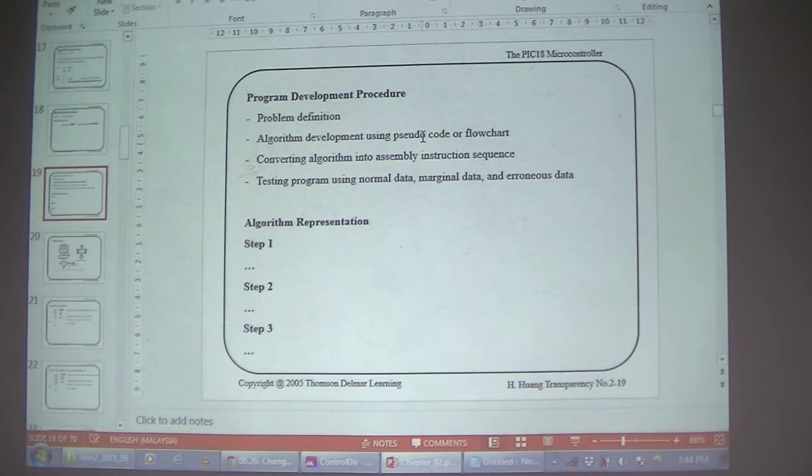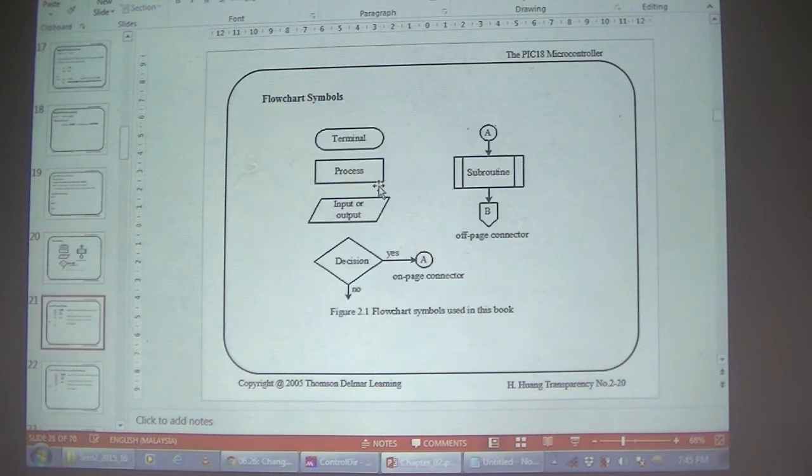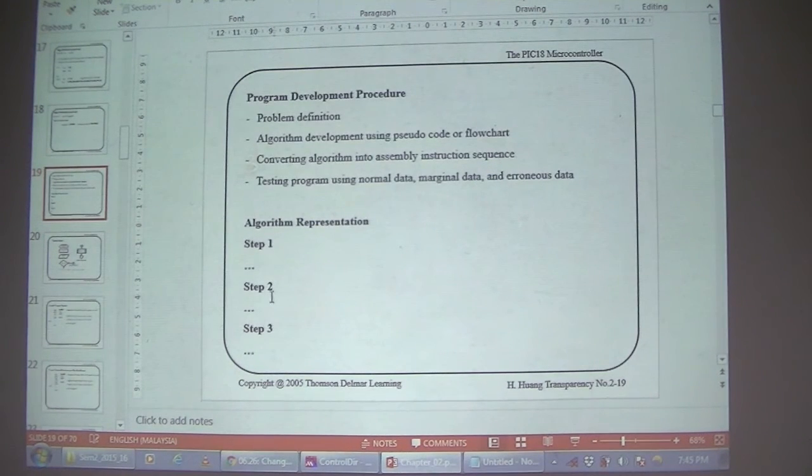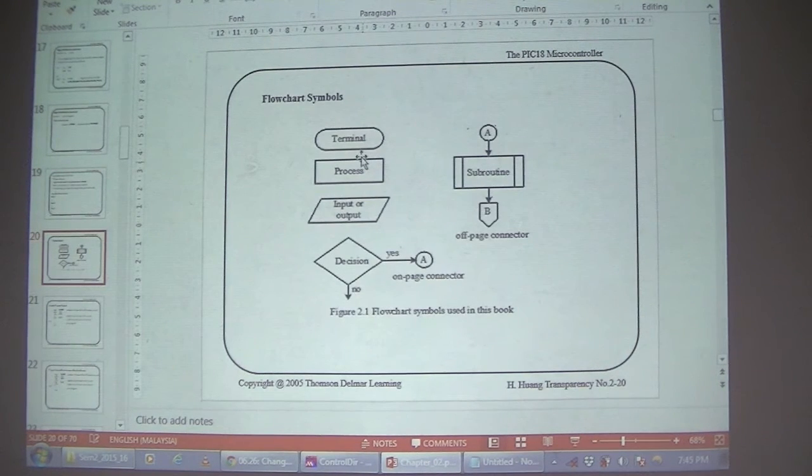But that is for a small task. Maybe later on you have a bigger one. Of course, question number 5 is not going to be something like tutorial 2. Definitely, it's going to be a bit harder. But you follow the same steps. So you should have step 1, step 2, step 3 if you want to write it in terms of pseudocode. Or you can actually use flowcharts. So we will exercise this later on. We'll see during tutorial class how to do some flowcharts.